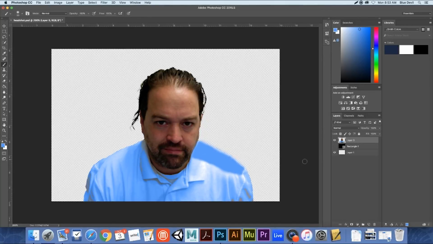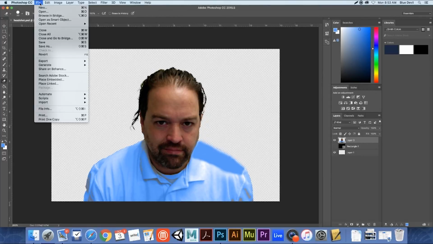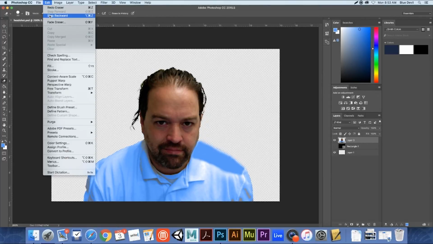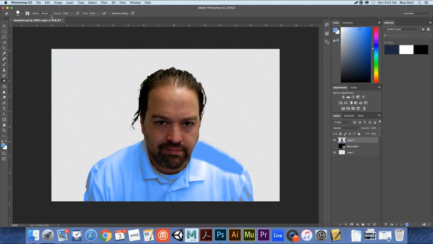So, I don't know if I like that. Let's see. And then if I erase, so the way to get rid of it has got to be the step backwards. So step backwards, I'm just going to use the menu up here and just keep stepping backwards. Alt Control Z, or Alt Command Z if you're on a Mac, and I'll just keep hitting that until all of this is gone, because it was a nice attempt,